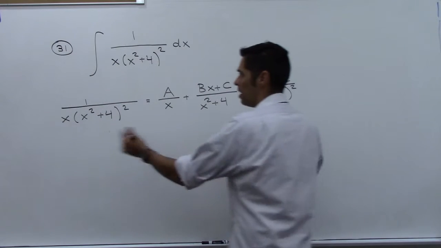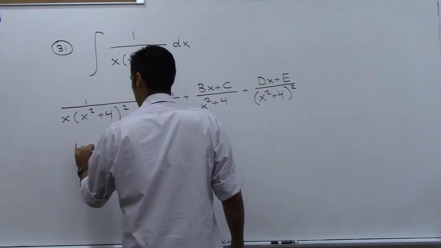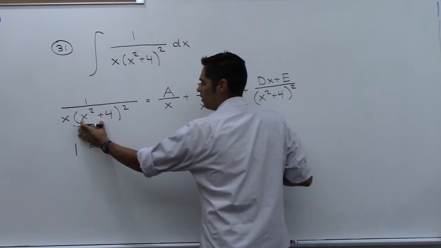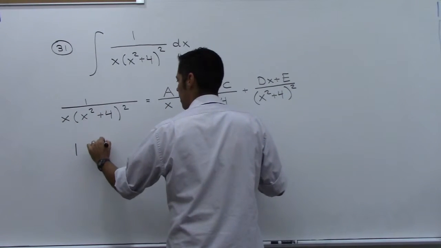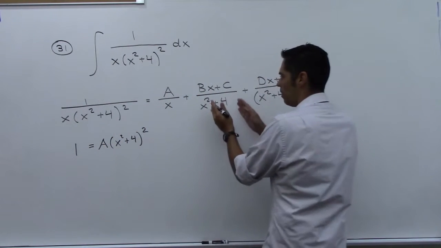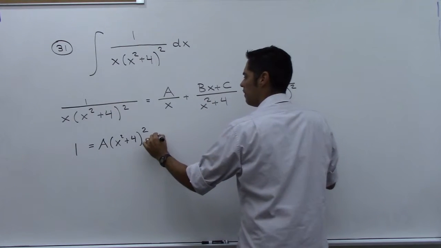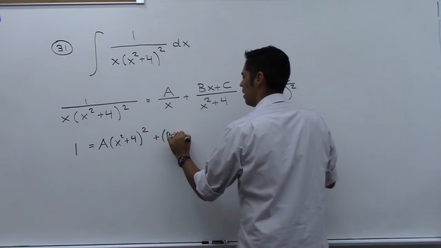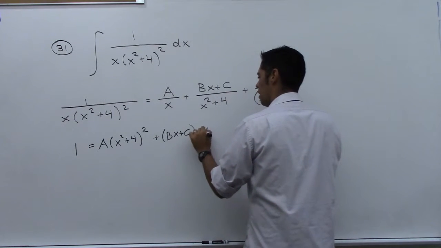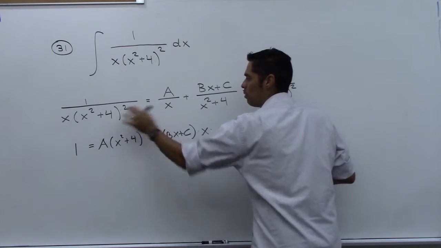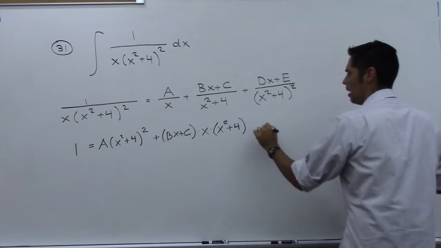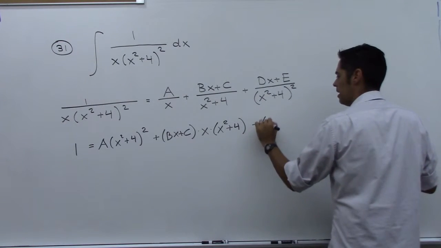So now I multiply both sides by the LCD. I get 1 equals. Now, when I multiply this times this, the only thing that cancels is the x. So I'm left with the a and the x squared plus 4 squared. When I multiply this by this, my bx plus c is still there. The x is still there because nothing canceled it. And one of these factors cancels with one of those, but I'm still left with a single factor. And then when I go to the last one, my dx plus e,